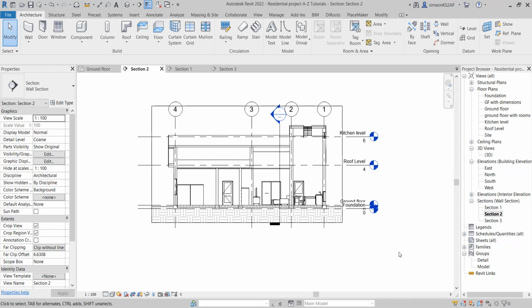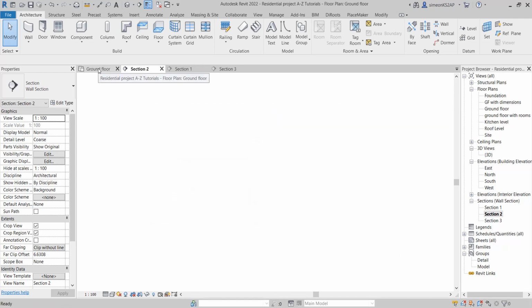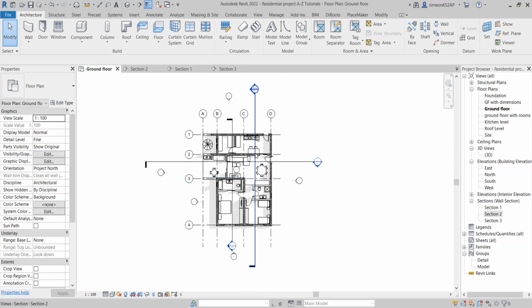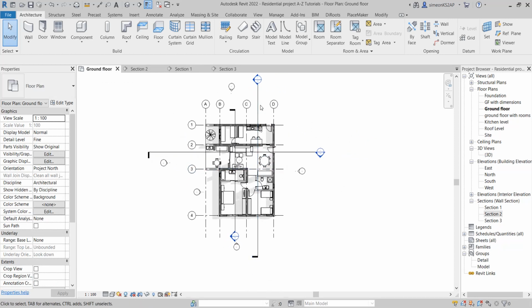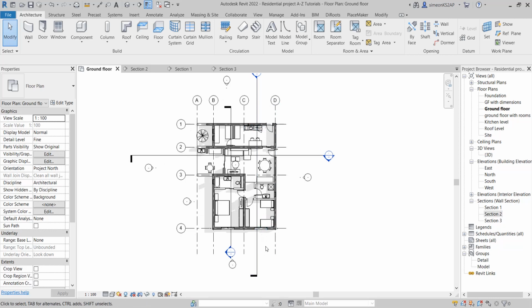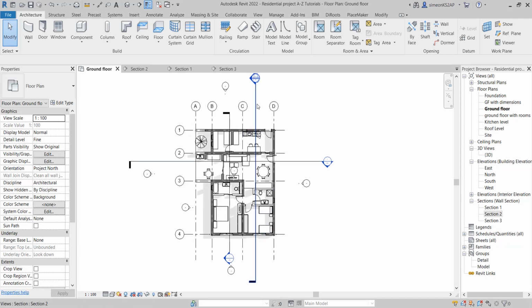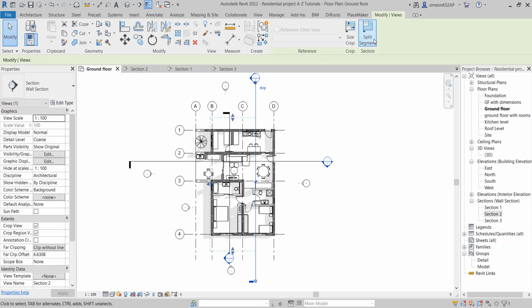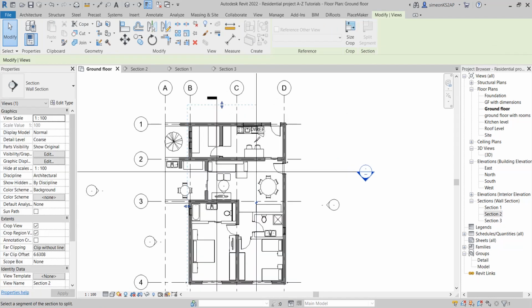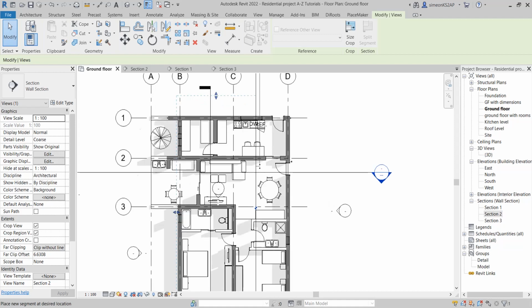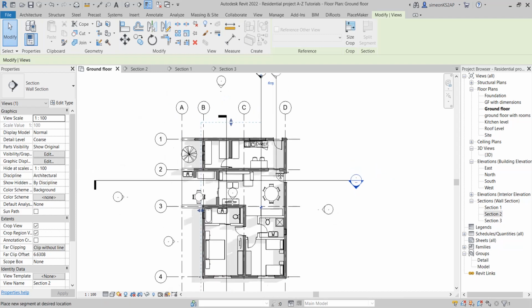Now, let us say that you are not satisfied with the look of this section. Let's go back to the ground floor plan, and maybe we want to make it a little bit interesting by passing through this door, but it also passes through this window. To do that, we can select this section and go to split segment, and we come to this point and we pick one point. What this does is it allows us to split the section into different parts